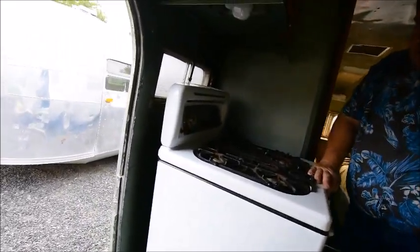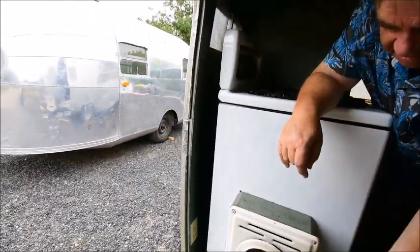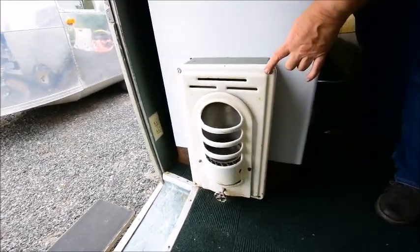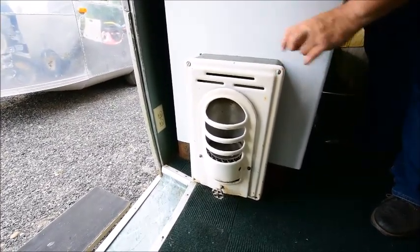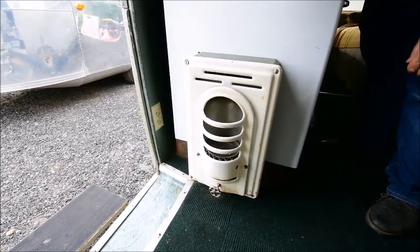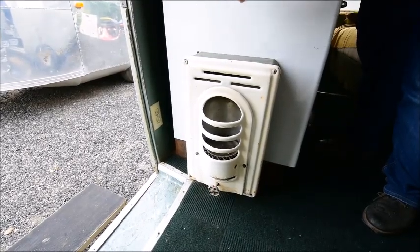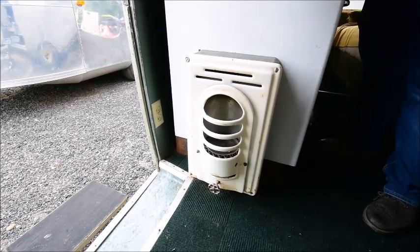But also, what I do like is this gas heater. Now, obviously, what you'd have to do is turn the gas on, and then light it with a match, and that would be a burning flame. Again, I presume you'd have to have plenty of ventilation. I don't think that would pass the regulations in this day and age by any means, but back in 1952, it didn't matter. Over on this far side, there's some more plug sockets, two-pin of course, American style. And then we leave this area,